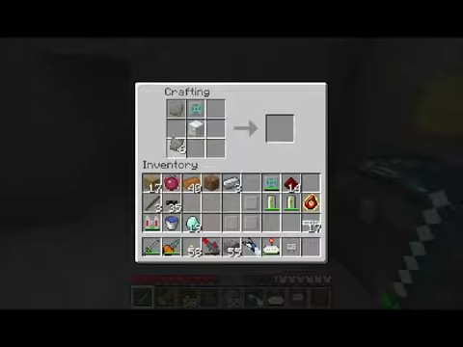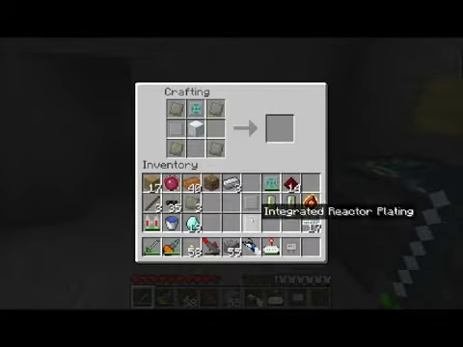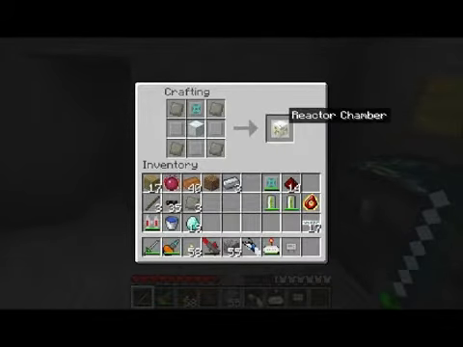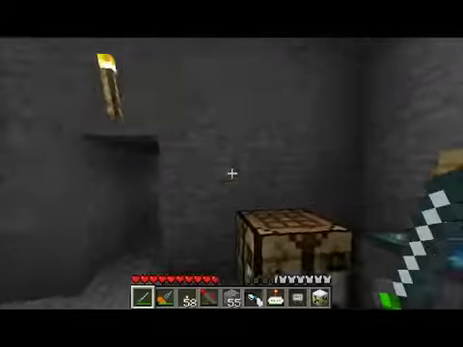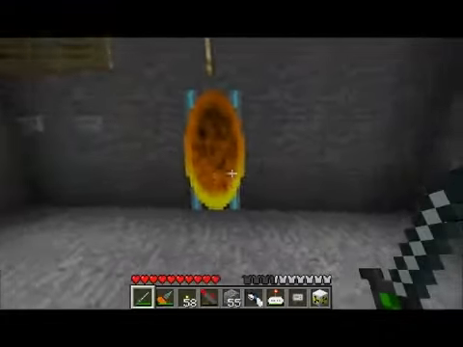Wait a second, we just saw him build this stuff a minute ago. What's he doing? Reactor chamber. That was a component that was creating the reactor, right? I just created another one. If I take my reactor chamber outside,